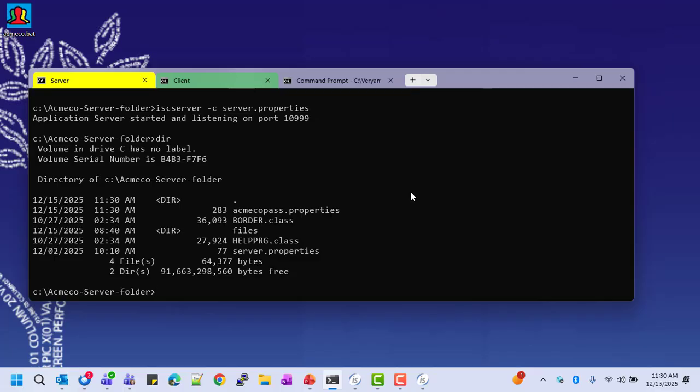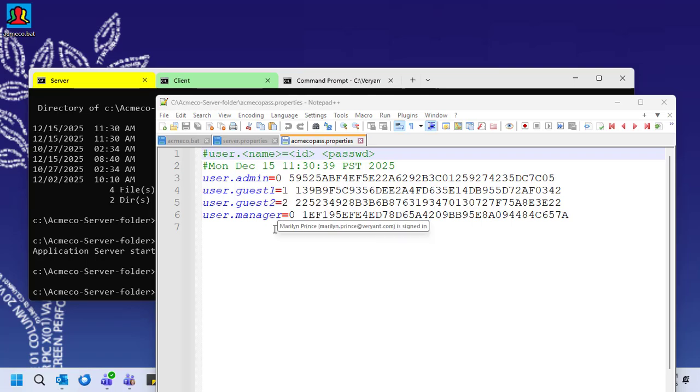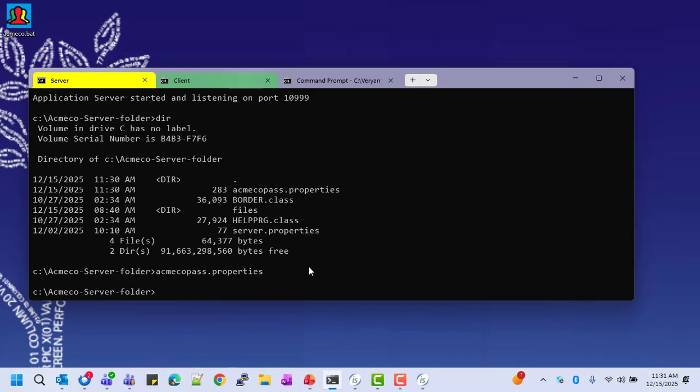and we now have an AcmeCo pass.properties. Here's our properties file holding the passwords that we've created. We have the admin and the manager with administrative privileges. They can access the administrative panel. We have guest 1 with permission level number 1 and guest 2 with permission level number 2. And you can access these with $GetUser and act accordingly to them, and the permissions are followed by the encrypted passwords. So let's restart the server